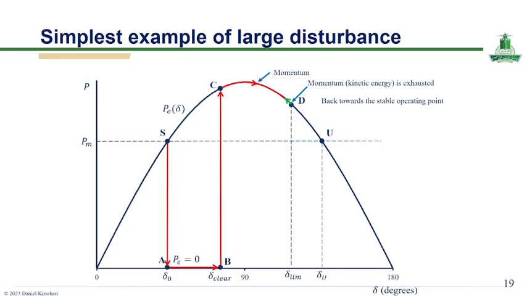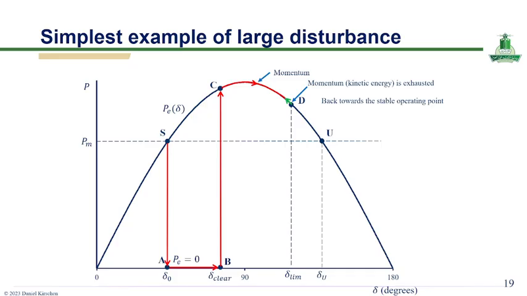When a fault occurs, the electrical power drops to zero. You can see the red line, and the rotor accelerates from A to B, increasing the rotor angle to the